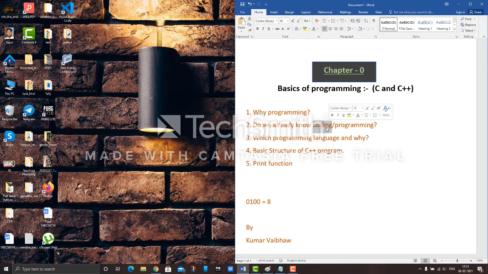We'll get into depth later, but for now, just for the sake of understanding, like we have Notepad and other word processors to write something in English, in the same way we have some tools to write programs and feed them into our computer. So what is coding? The written form of a programming language is called coding.